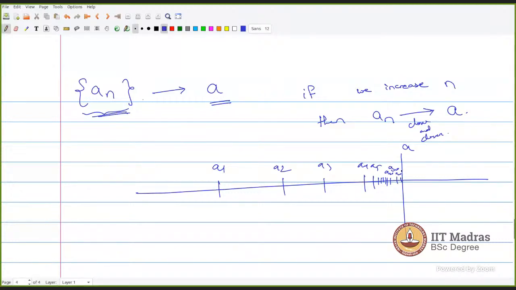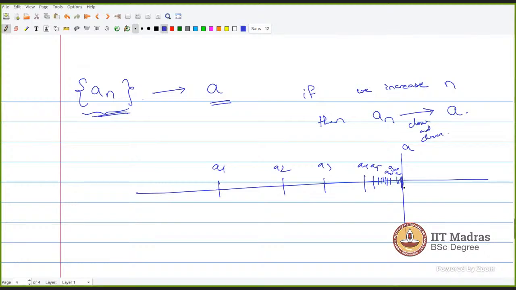So even how much bigger I take the value of n, this particular A2000 or A3000 or A3 lakhs, A3 lakhs is the 3 lakh term of this sequence. So if I keep on increasing my n value,